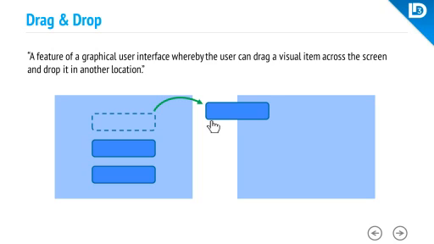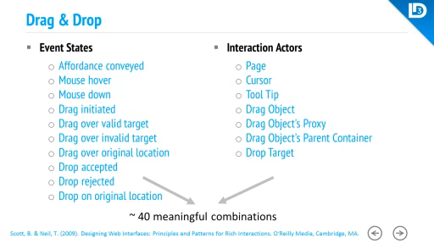This one here is its typical definition. Drag and drop is the feature that you can provide to a user where he or she can drag a visual element across the screen and drop it in another location. So what else would I say about this? This is drag and drop. Well, nowadays with the richness in interactivity that tools allow us to do, we can be much, much more subtle, much more nuanced in what a drag and drop can be.